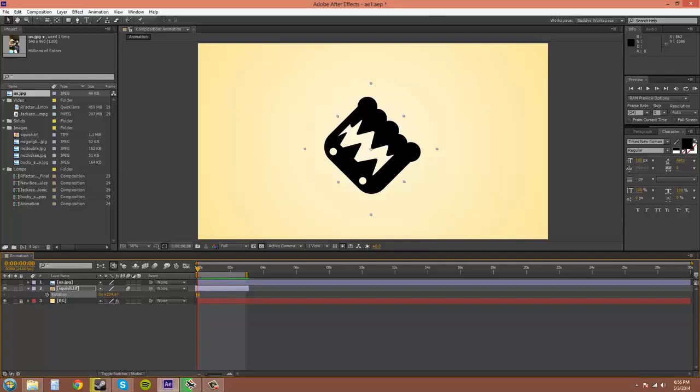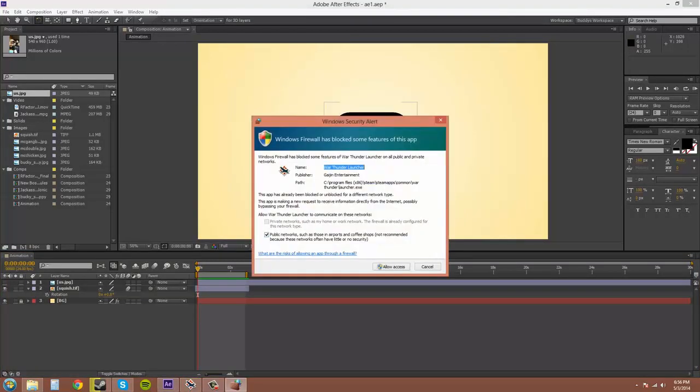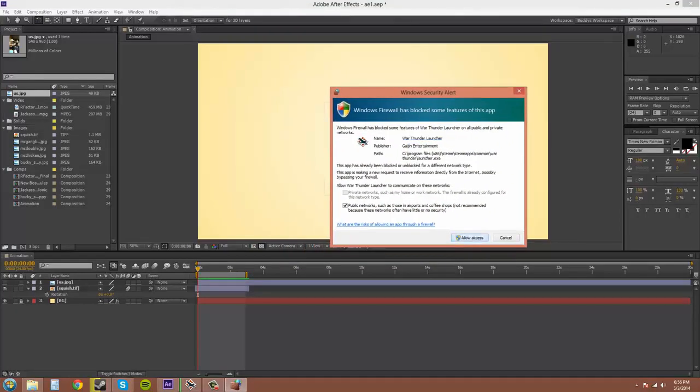And turn off my keyframes. And I'm going to set this back to 0 so we can start fresh. Another way is to use the tool panels up here and the rotation tool up here. You can click on it, or